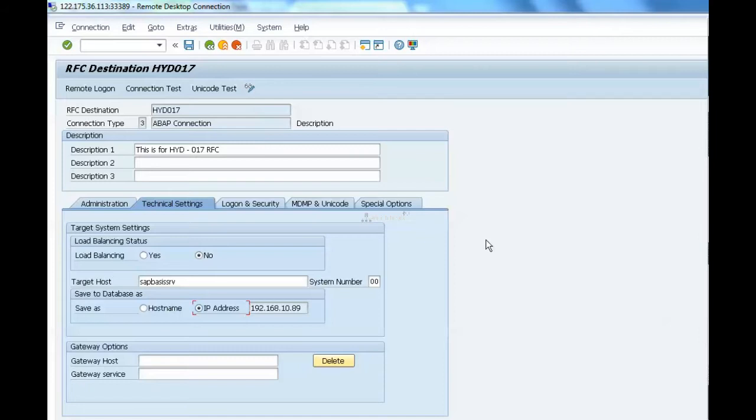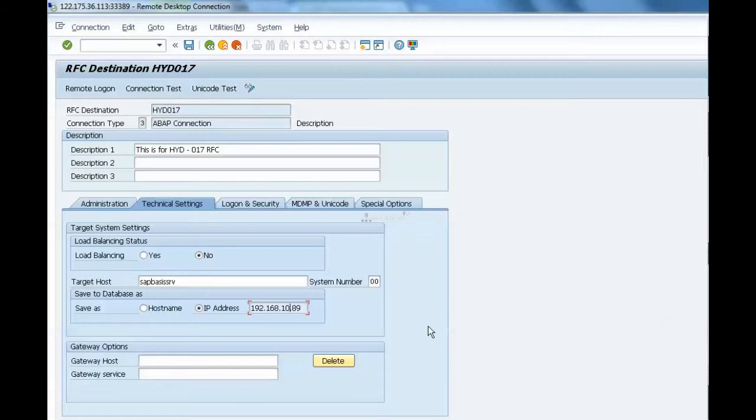So here you have provided the SAP route string IP address. Here we have given a target host and target IP address. But in real time, which one will be applicable?